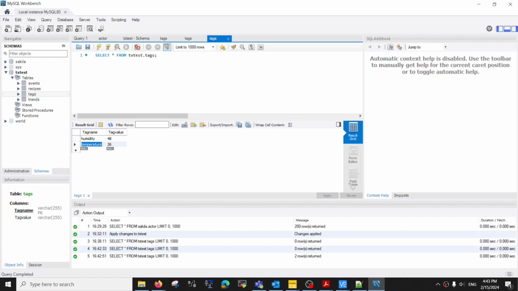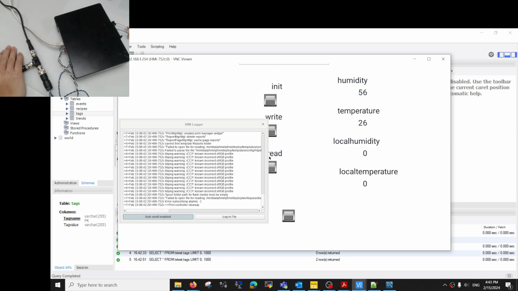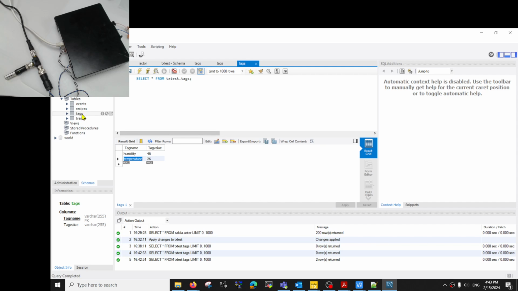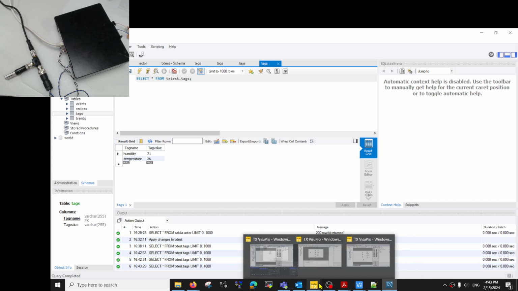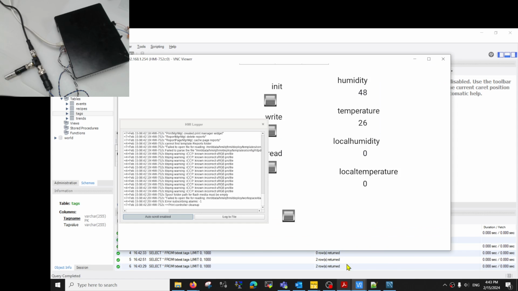Let's say that I cover the sensor. I cover the sensor and my humidity is going up. Let me write it in again, no problem. Now will it get updated in the server? Yes, the server is updated. So this is a very simple application of manual reading and writing using TX700. Next what I'm gonna do is